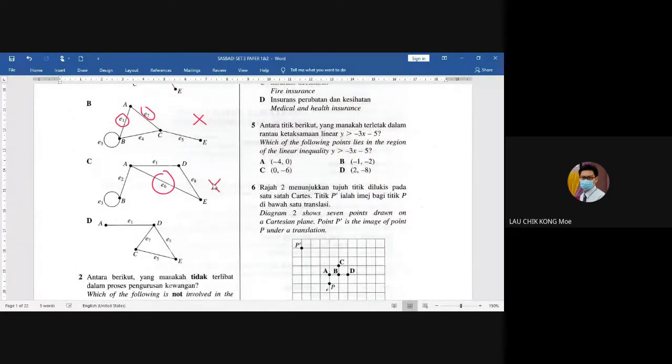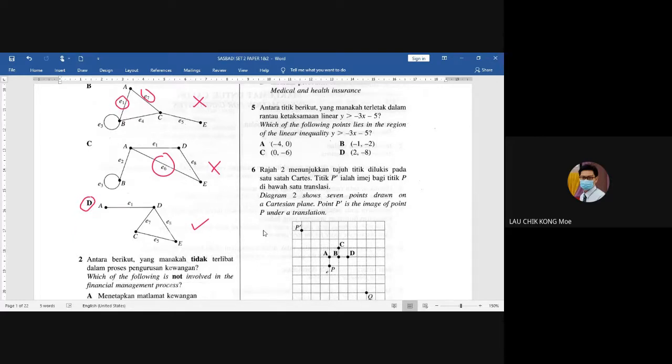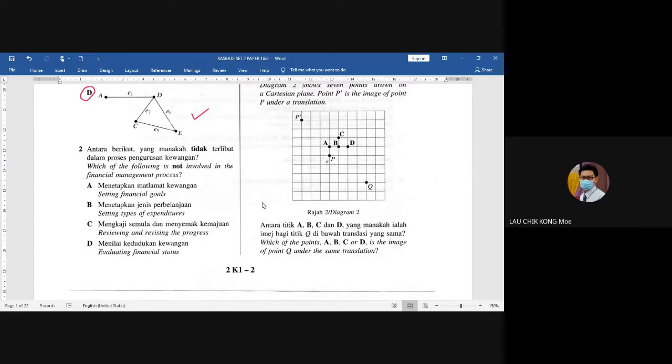So the answer should be this one, A to D is E1, E7, E5, E8, and then the points are A, D, C, E. Yes, this one is correct. So the answer is D. Make sure that everyone is correct so that we can choose it. Okay, very easy. Subgraph means part of the original graph ataupun seluruh graph itu. Okay, and then number 2.